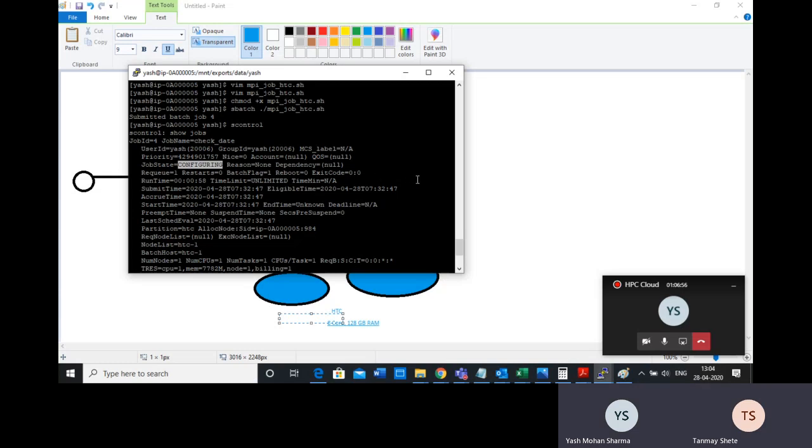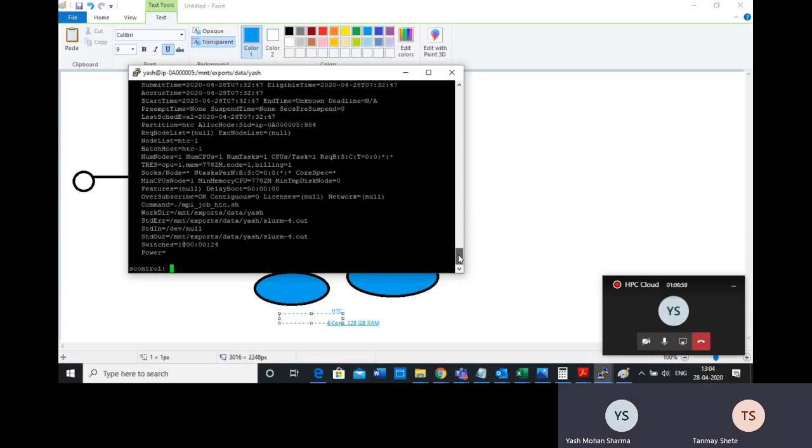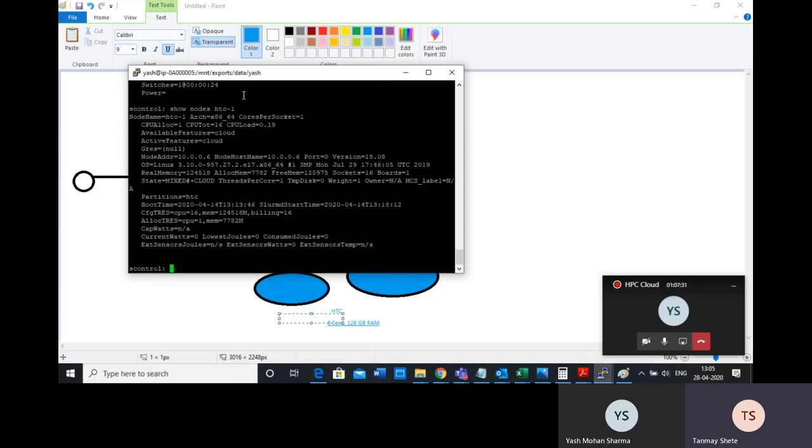So now these are all the inputs that you have, and then you can see one node is going to be allocated, and which node it is going to allocate is this node. You can see the node name, the HTC1 node is getting allocated, right? So now what you can do is show nodes, and you can write this name, show nodes HTC1.